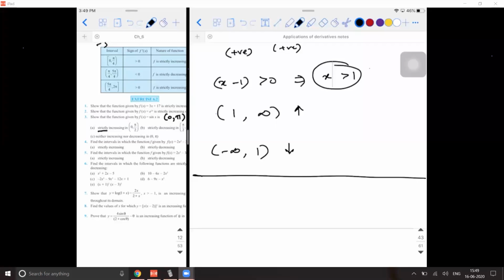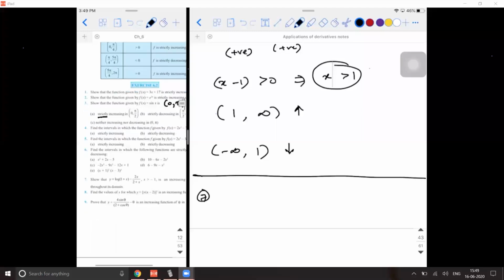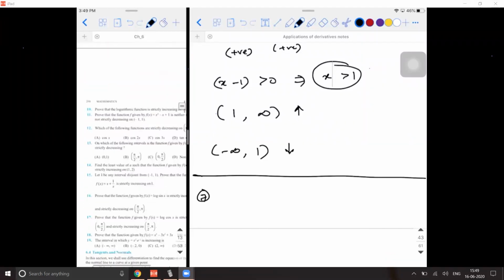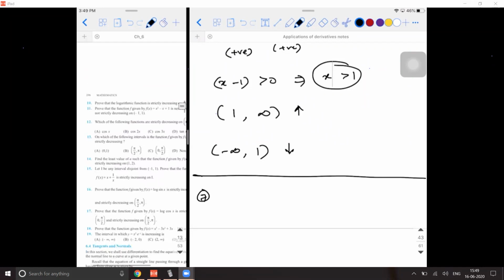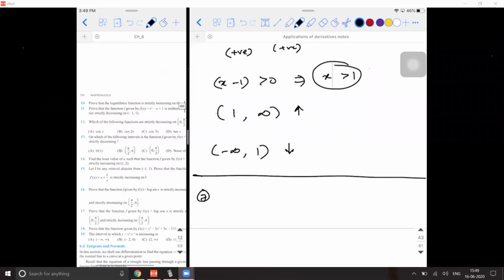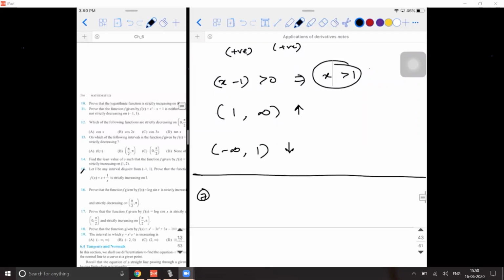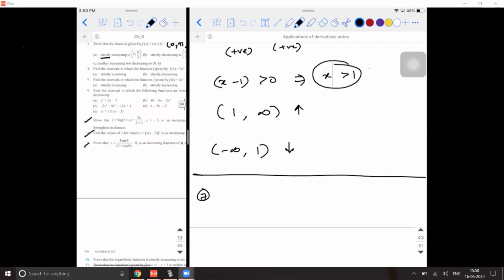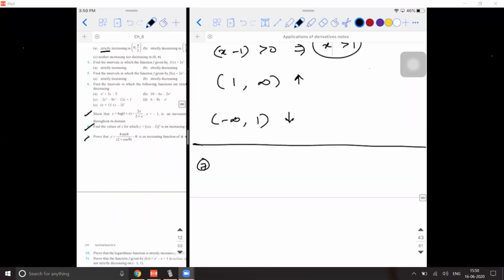Okay. Next, we will do the 7th problem. To tell you what all problems we are going to do, we'll do 7th, 8th, 9th, 14th and 15th, then we'll go to the next exercise. Look at the 7th one. So what is the question? Y is equal to log of 1 plus x minus...